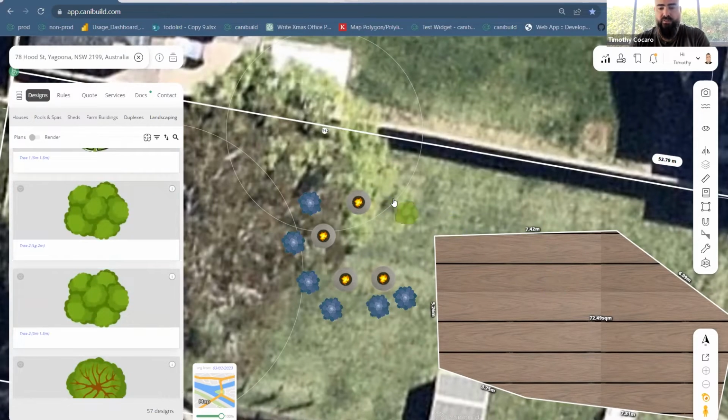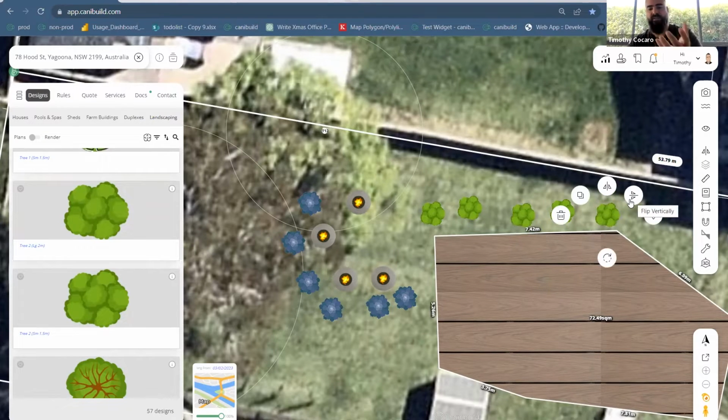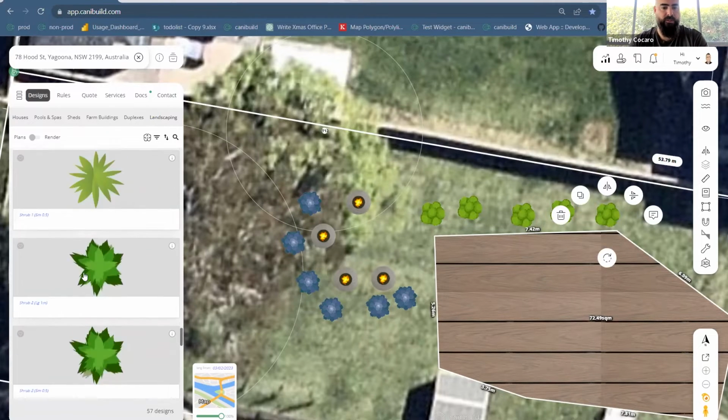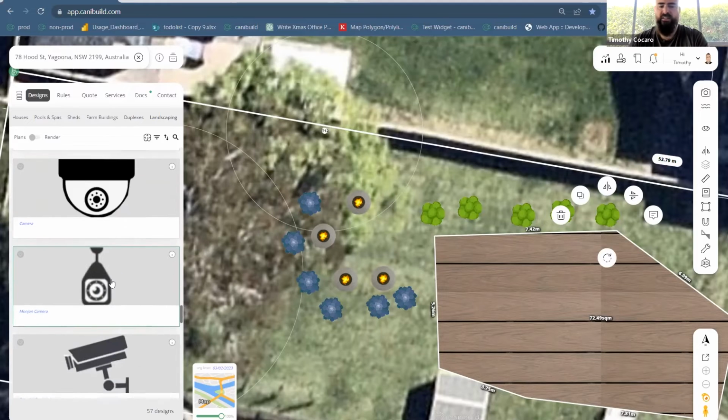So hopefully this gives you an idea of how this feature can be used and how simple it is to now start adding multiple items. You just have to click the square to end the edit, and then you can use these other functions to flip if that's appropriate. So if I click something that was more unique in shape, and see,